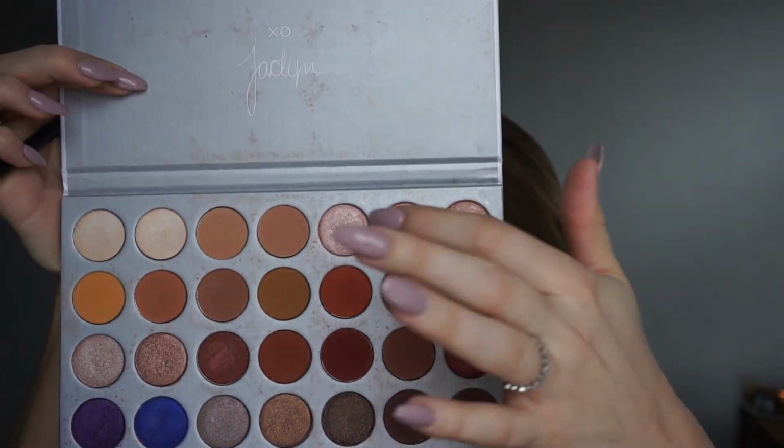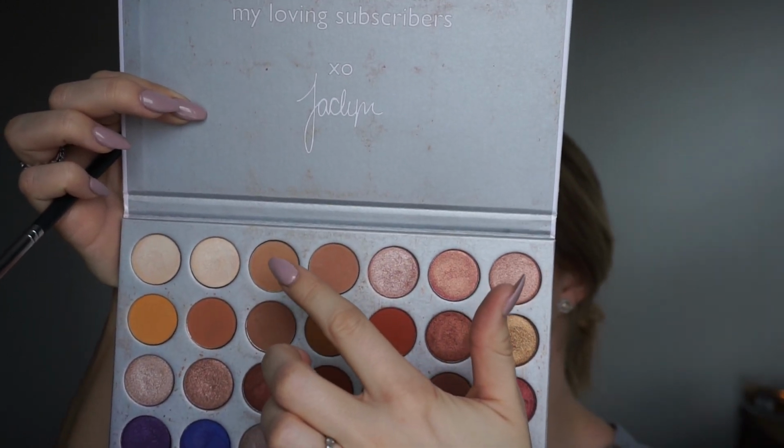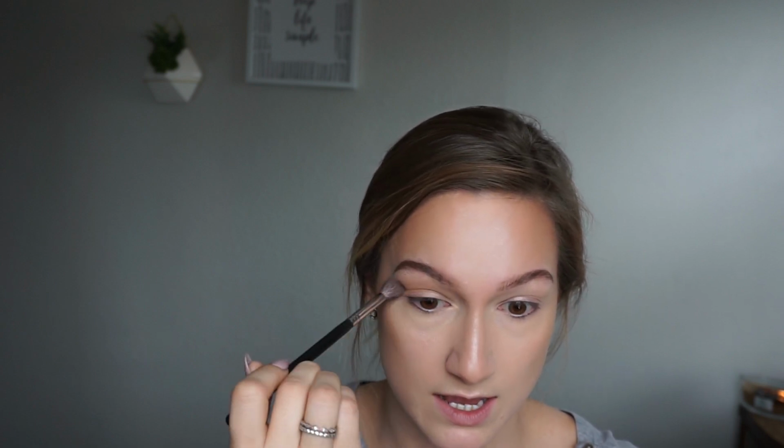I'm going to be going in with this shade right here, and I'm just going to dip it in there very lightly a couple times because these shadows are very powdery, so it can get kind of messy if you're not careful, but they blend like a dream, and they just look so nice. Okay, so I'm just going to go all over the lid, windshield wiper motions. And I'm taking this up to the brow and then just really blending this out to create a nice transition